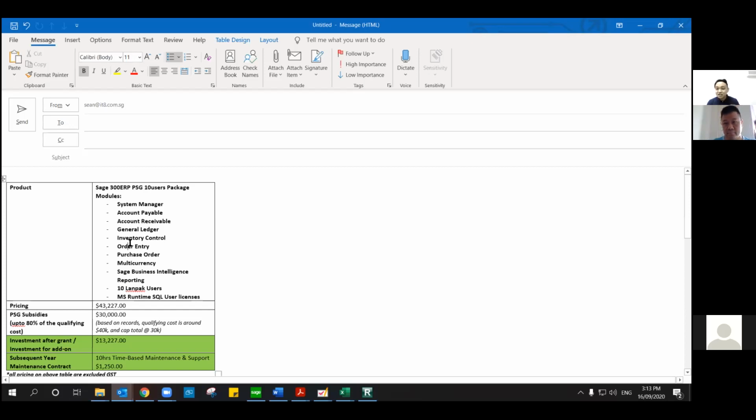Correct. I thought for the shipping company, the subsidy is only 30K. Shipping, I thought there's a grant called ESG. No, E what? Yeah, ESG. EDG. Enterprise something Singapore, right? Enterprise Development Grant, is it? Yeah, correct, EDG. Can we use the Enterprise Development Grant in this case? Okay, if you want to use that, it is not an issue. But there are a couple of things that I will let the customer think about and consider. First thing first, when you want to go on to that EDG grant,